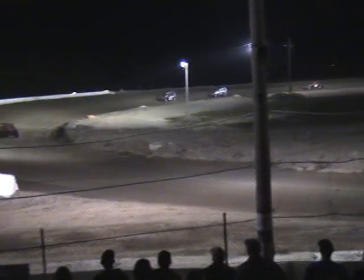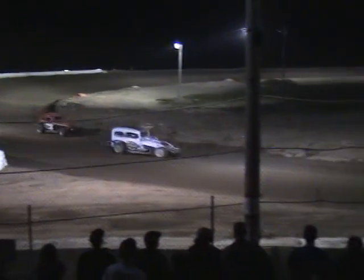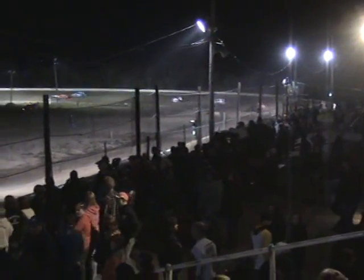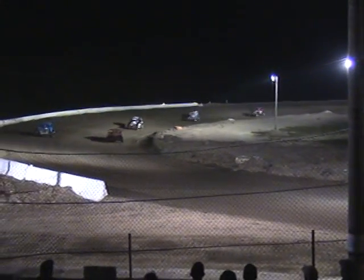Blanchard cruises down into turn number 1 with the middle. He's seen his 2 laps fine now. Blanchard's in front of him, and Elliott Bell trying to handle that 2X machine. Frank Blanchard closing in on lap traffic as they go up the backstretch. But I don't think he's going to get it. Bell certainly would benefit from that, but it's not going to happen out here. He's going to